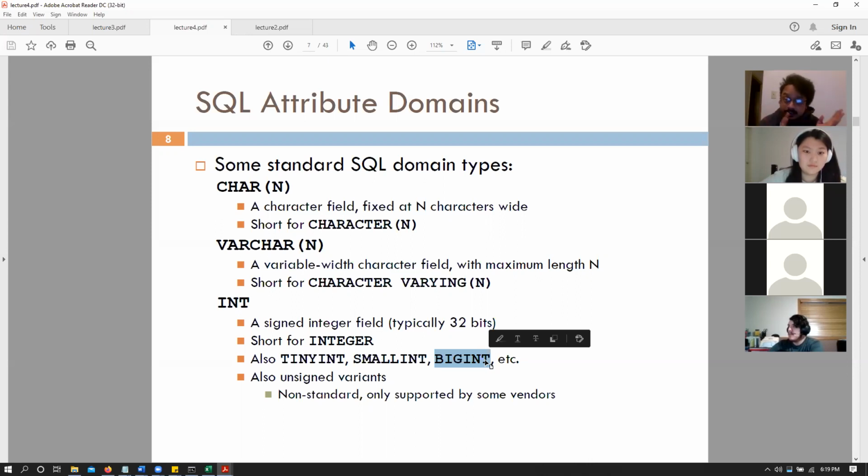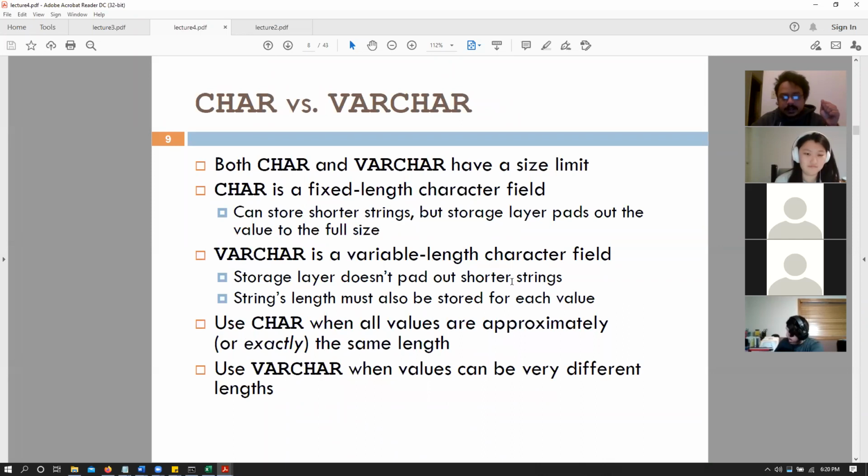Basically, people had to save their databases, and imagine saving Facebook's database, right? You're not using just Facebook on your own. There are billions of people around the world, and you need to save that somewhere. You don't have enough memory for that. And basically you want to transfer the integer types to a big int and then upload it back to the database. So that was a huge thing back in the day. So yes, that is the difference between tiny int, small int, big int, and integers.